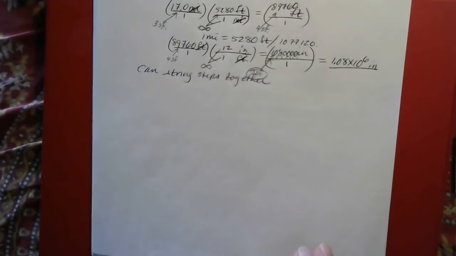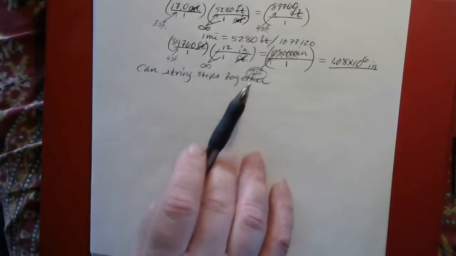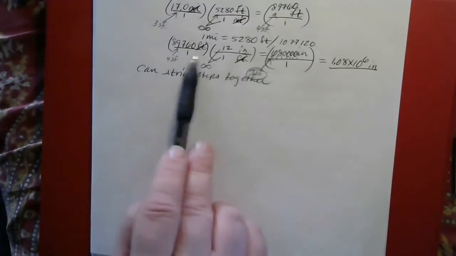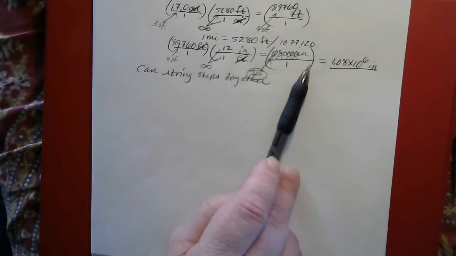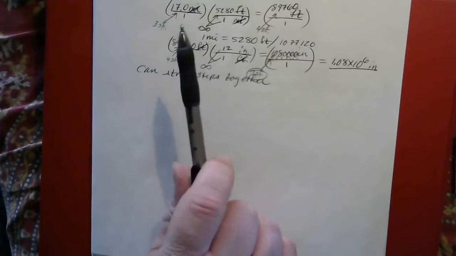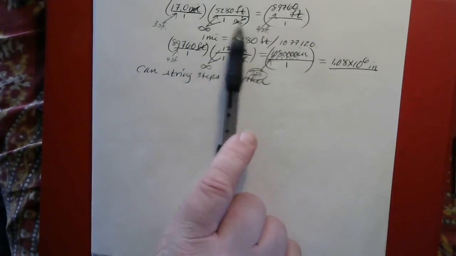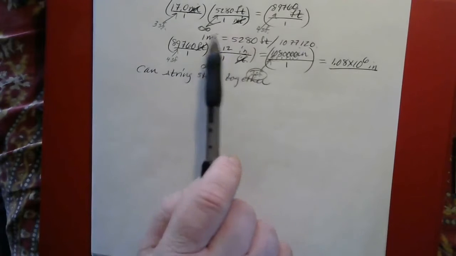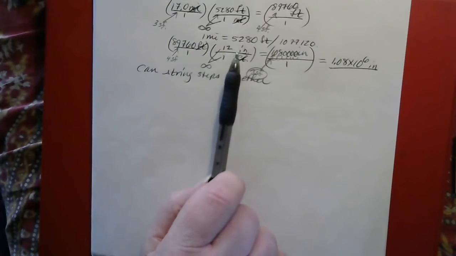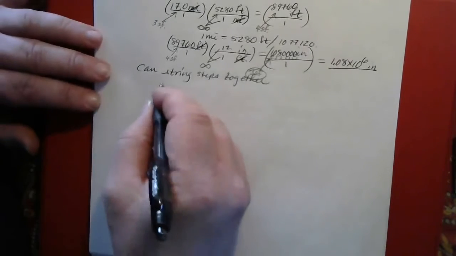Even if you use the same conversion factors, there's more than one way to do a conversion like this, because it's possible that you could string the steps together. I did this as an example in two explicitly separate steps. I went from miles to feet and then from feet to inches, but there's no reason that you couldn't just put in your first conversion factor, at which point the units effectively become feet, and then just go directly to your second conversion factor where the units effectively become inches, and then just multiply through the entire thing and you have your answer. That would be done like this: